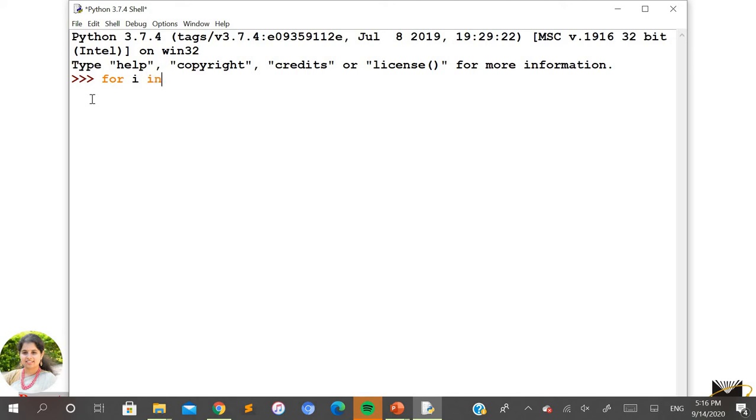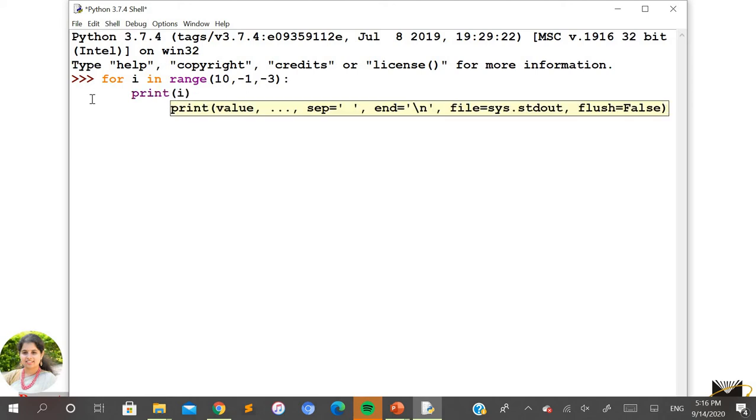For i in range, I want to start with 10, and then I'll give the ending point as -1, and I want to decrement it by -3, print of i. Now you tell me, what do I expect the output for this to be?